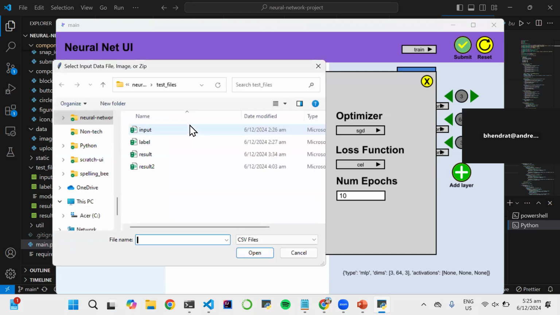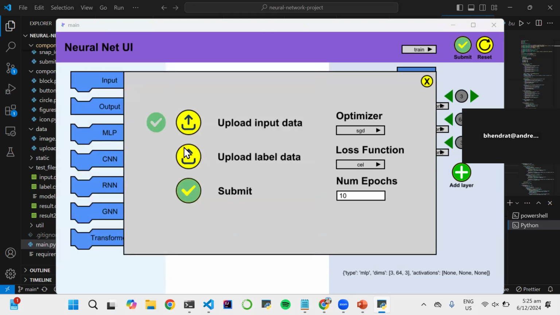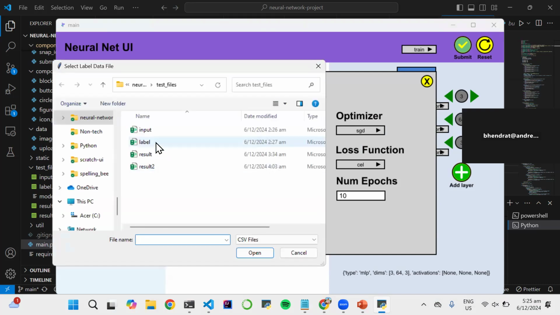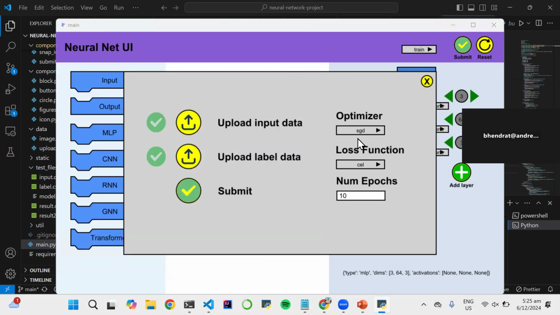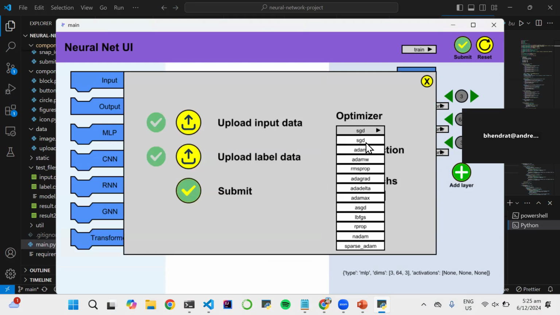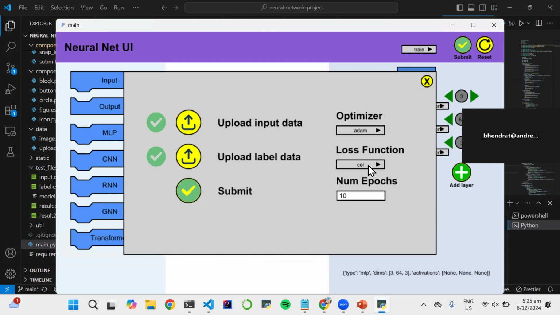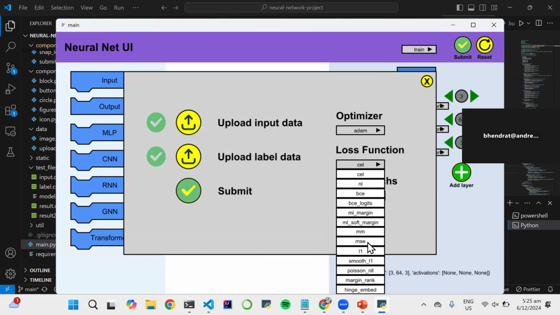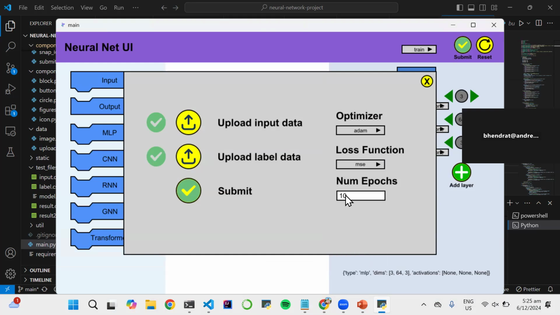I can upload my input data, which will be in the form of a CSV file, where I can upload it here. And once it's uploaded, there'll be a tick, and I'll upload my label data, which will also have a tick. I can switch up my optimizers. For example, the most common optimizer is Adam. And as for my loss function, I can change it to an MSE, which is also the most common. My num epoch should also be editable, and I can change the number of training rounds that I need. I will just submit this now,